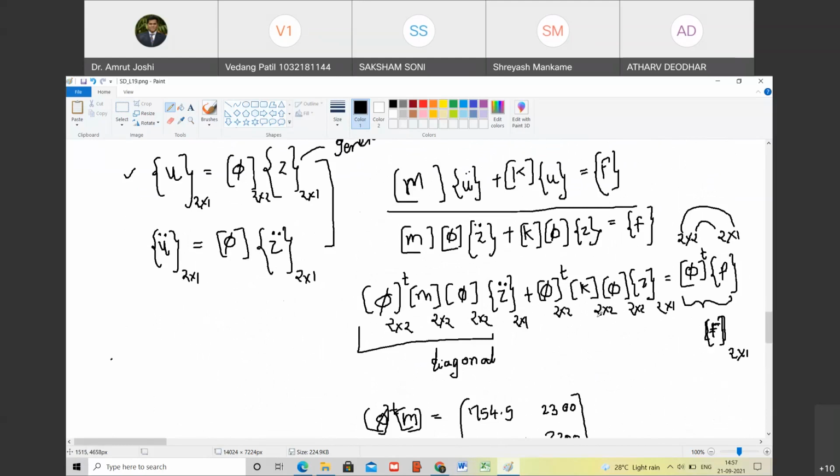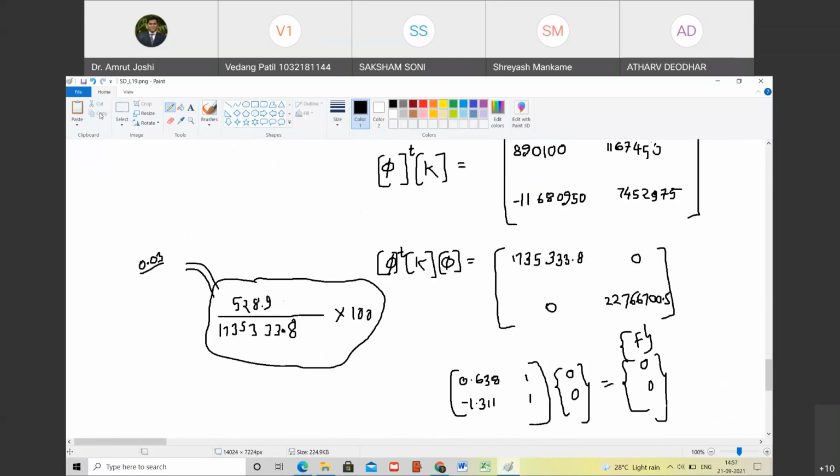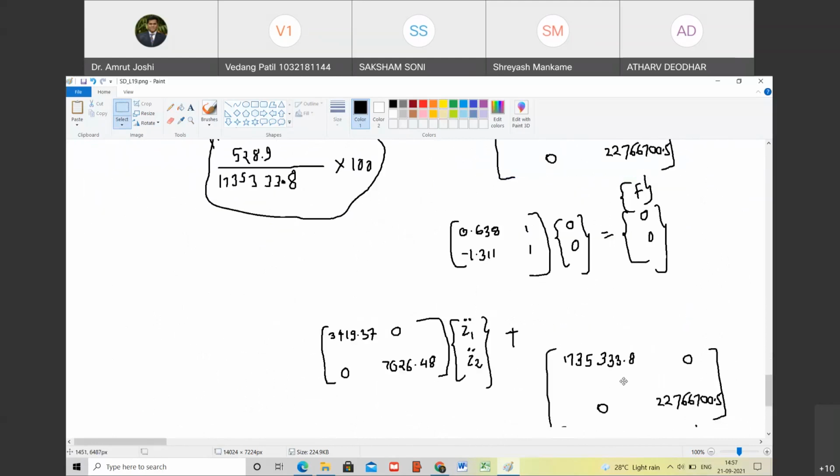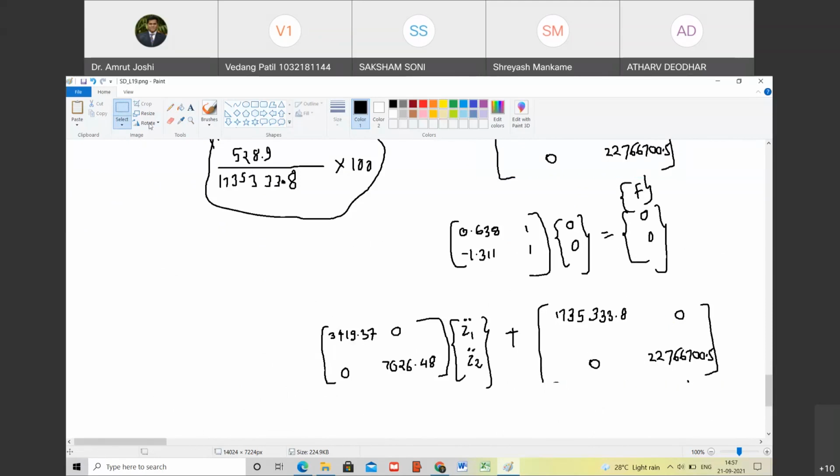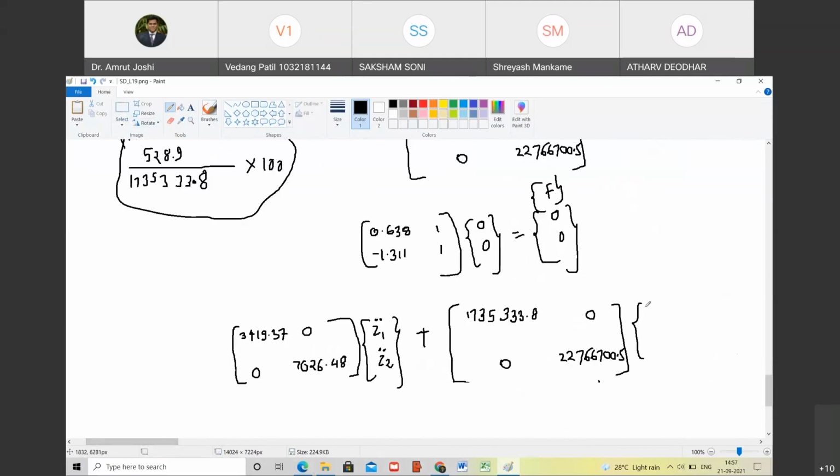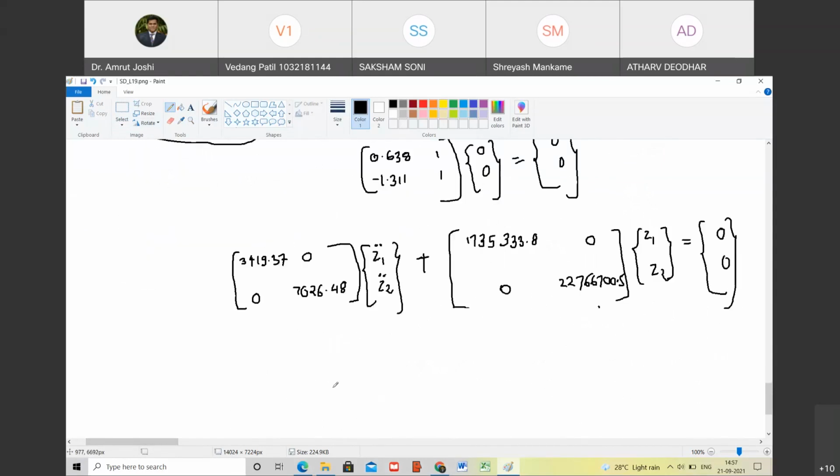Now this plus phi transpose k phi. So what is the value of phi transpose k phi? Phi transpose k phi is nothing but this one. This multiplied by z1, z2, and this is equal to capital F, which is 0. So the original equation, which was in terms of u1 double dot, u2 double dot, u1 and u2,